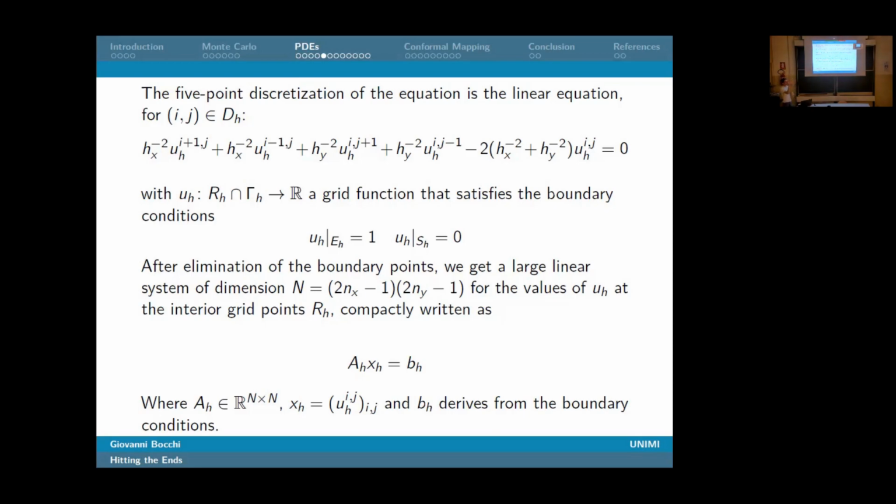So we have this kind of cross shape that moves in the mesh,